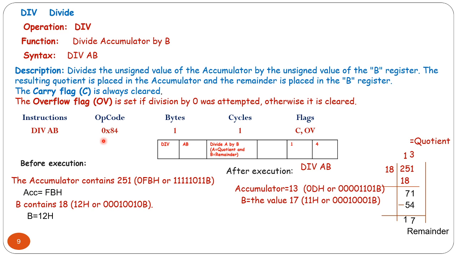So students, we studied here the decrement instruction with 3 types of addressing: direct addressing, register indirect addressing, and register addressing. Again we saw the div instruction, multiply instruction, and how the execution takes place in multiplication and div.